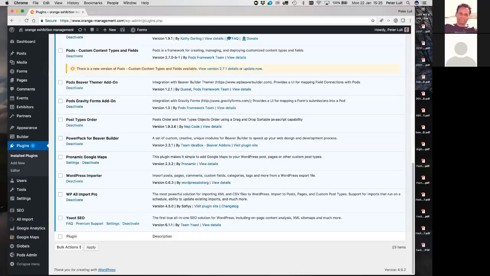WP All Import Pro. Yes. I use that because the customer delivers Excel sheets with names of the exhibitors. And we agreed on some kind of rows and columns structure so that she can supply the list of the exhibitors in an Excel sheet to me, and that I can make this work with WP All Import Pro to get all exhibitors in, and it will override existing exhibitors where data has changed, and will create new records for new exhibitors